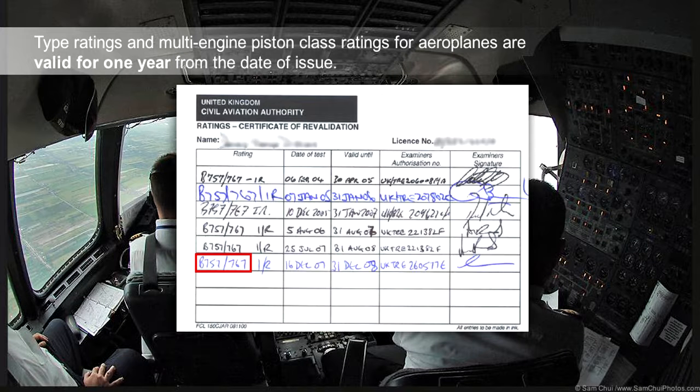Type ratings and multi-engine piston class ratings for aeroplanes are valid for 1 year from the date of issue. If the rating is revalidated within its period of validity, the new rating will be valid from the date of expiry of the old rating. In order to revalidate a type rating or multi-engine class ratings, aeroplanes, a pilot must fulfill the following conditions: